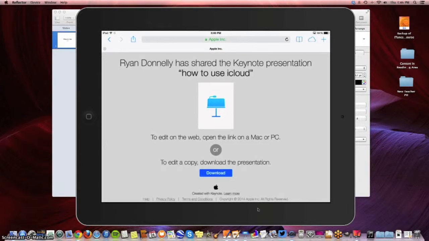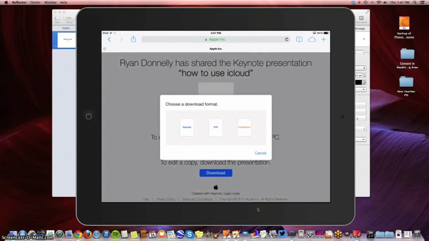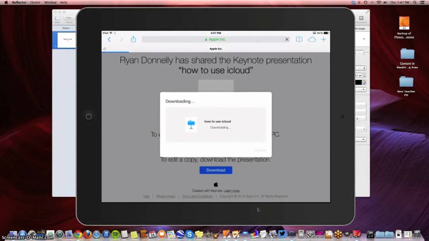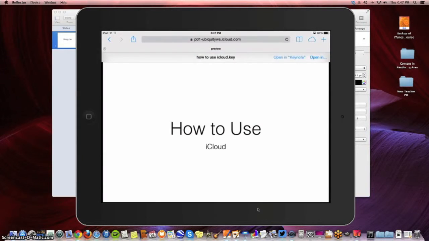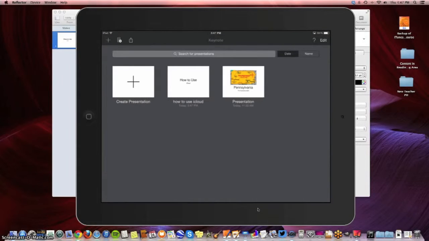You'll notice it asks me to download again. I can pick Keynote, PDF, PowerPoint. I'm going to pick Keynote because I do have that. If I wanted to open this as a PDF, I could do that in Notability. Go ahead and click Open in Keynote. And now I've got a copy of that right here in my Keynote for iPad. So those are a couple ways you can use iWork and iLife as well as iCloud to help share your